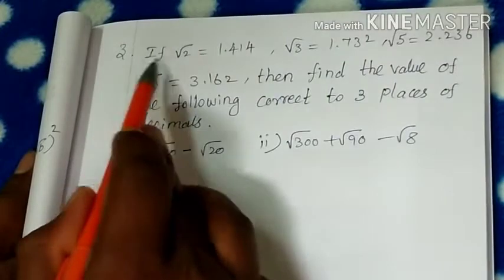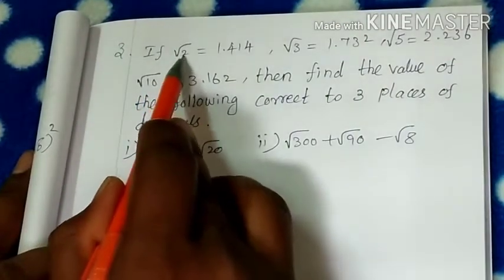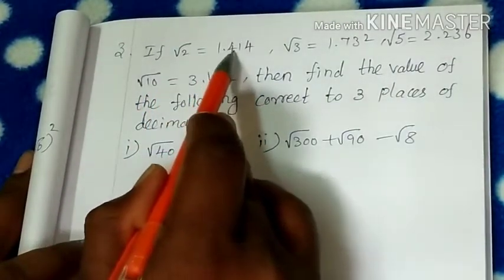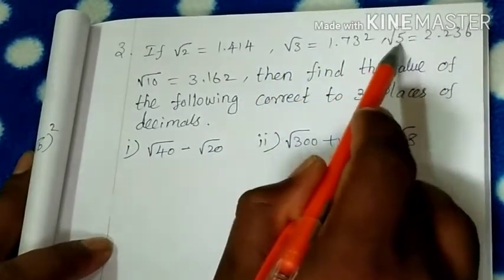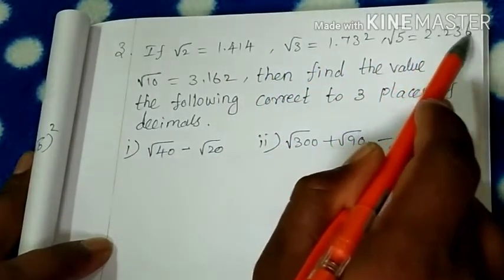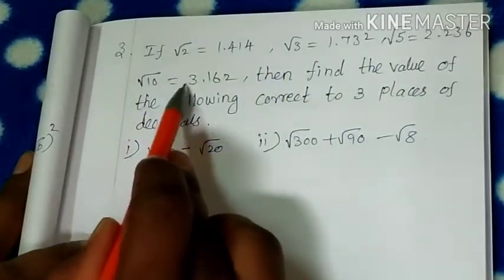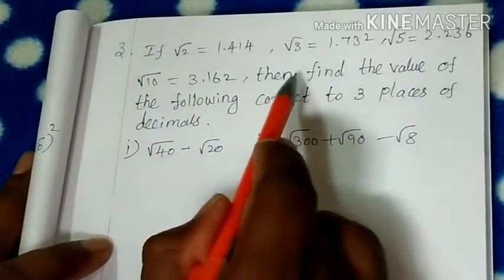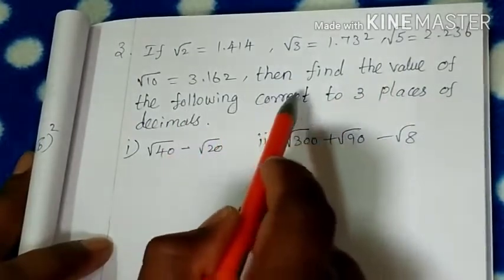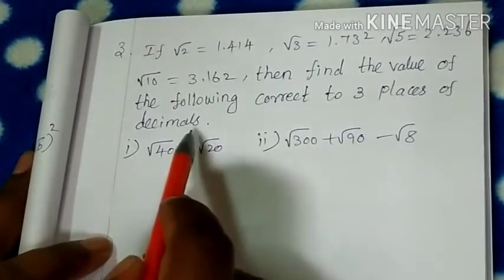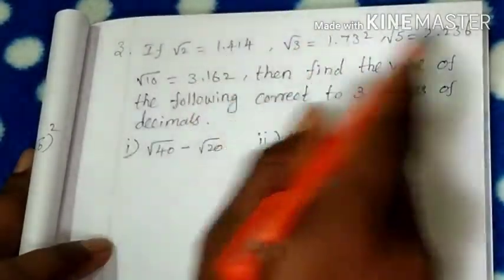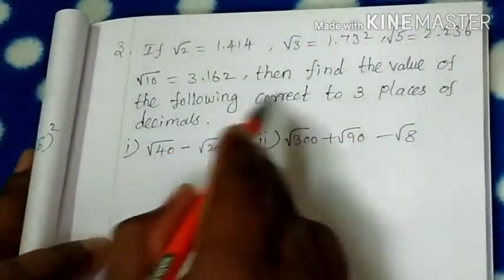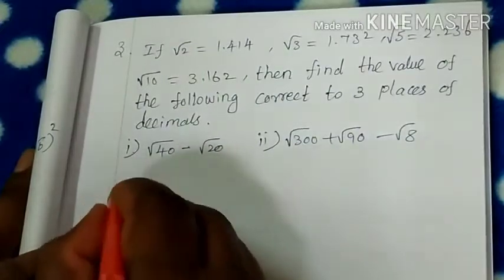Okay, dear students, third question. If square root of 2 is equal to 1.414, root 3 is equal to 1.732, root 5 is equal to 2.236, root 10 is equal to 3.162, then find the value of the following correct to 3 places of decimals. So 3 places of decimals value only given. One also find with the 3 decimal places answer. The solution